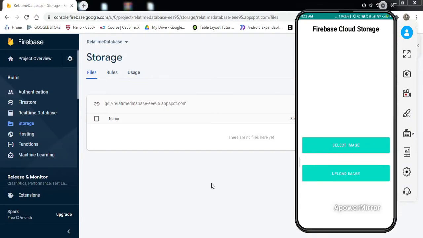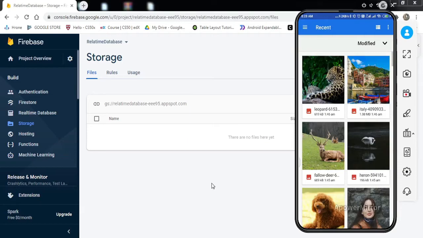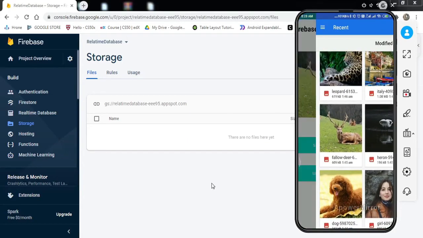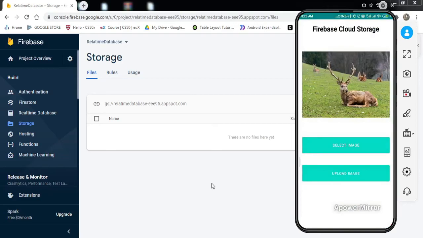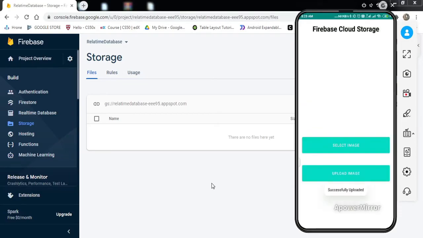So now let me quickly select an image, right? So let us select this image, and now if I just upload this image, so okay, image has been successfully uploaded.